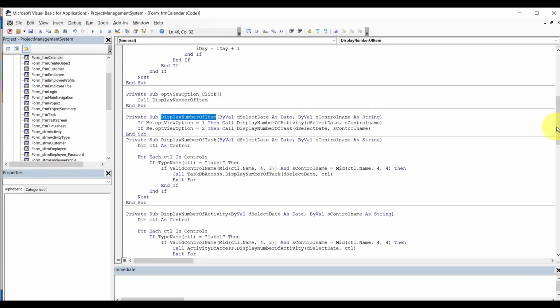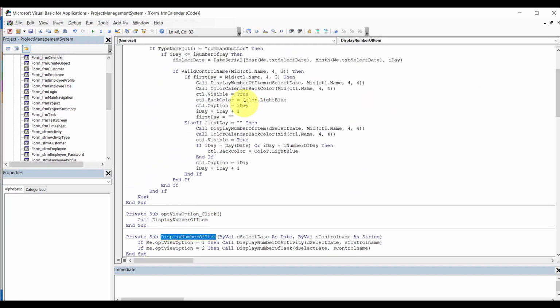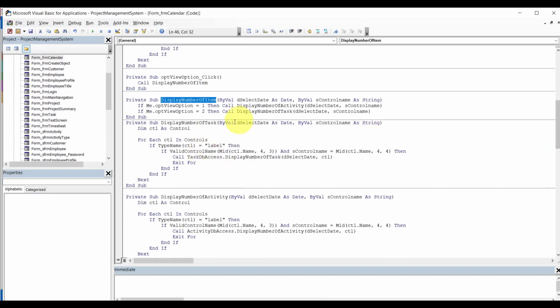So for each date we call this guy, and that is the guy that determines which one of these two subroutines to call. Because we already displayed the task, we want to clear the calendar and reload the calendar,